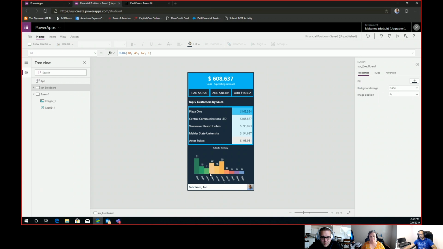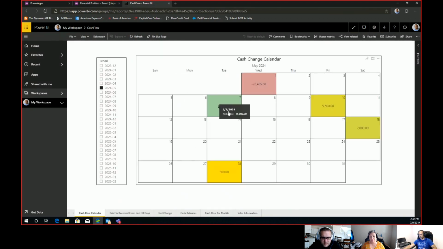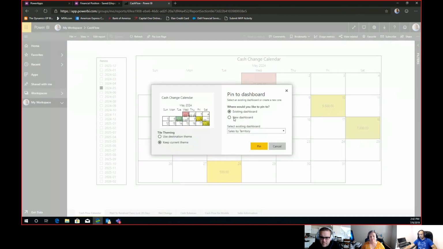So if you look at this, the map looks more elegant. Certainly looking at cash on a calendar and when our cash positions are going to vary seems a little bit more appealing. There are a couple of ways to get that exposed to PowerApps, but I'll show you the simple way. You just click on the pin here, and you would then either publish this to an existing dashboard or publish it to a new dashboard. Once you have it pinned to the dashboard, then you can expose the tile